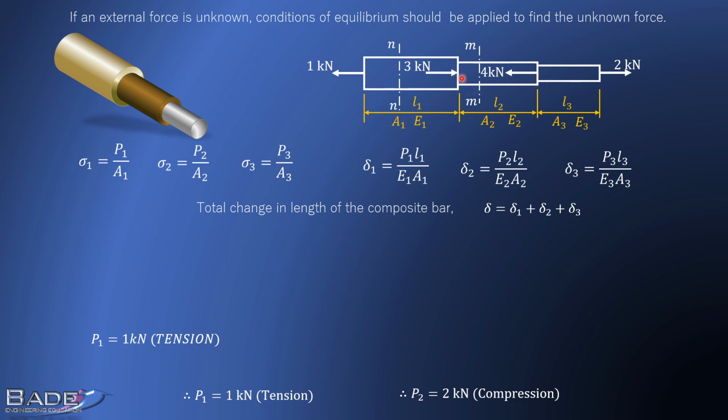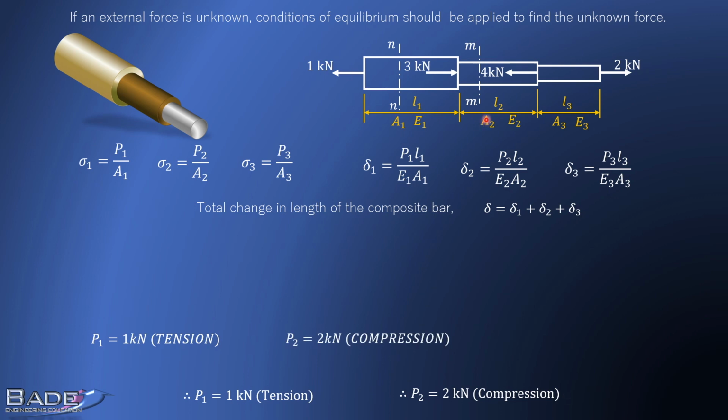I want to find force in the middle portion. Consider a cross section in the middle portion, cross section MM, and add forces on any one side. So let's add forces on the right side. So it is 4 kilonewton push type of force. Remember again, push and pull, these words we use with reference to cross section MM. Push type of force means towards cross section MM. Pull type of force, that is away from cross section MM. So 4 push and 2 pull. So net force on cross section MM is 2 push, 2 kilonewton compression.